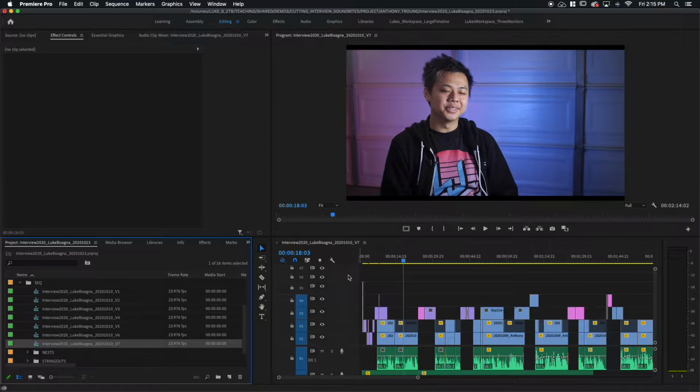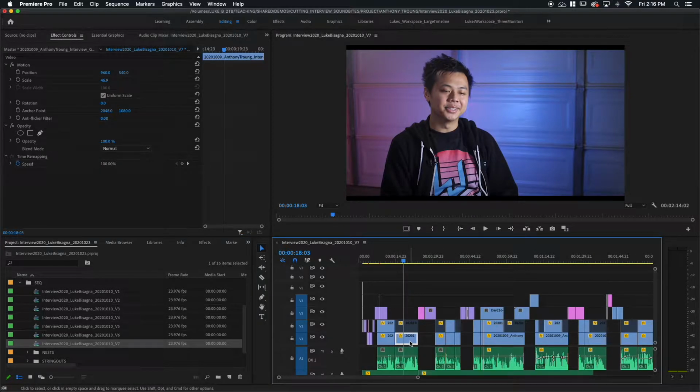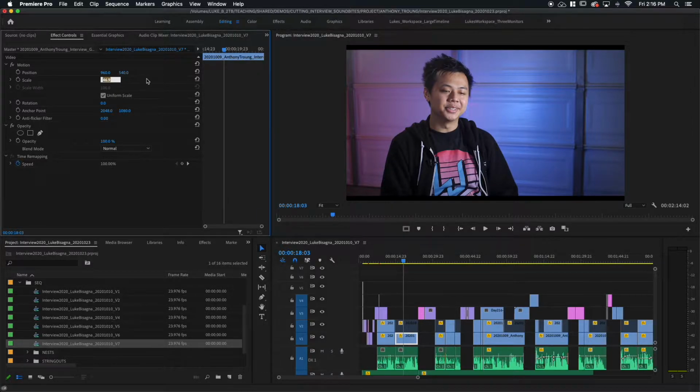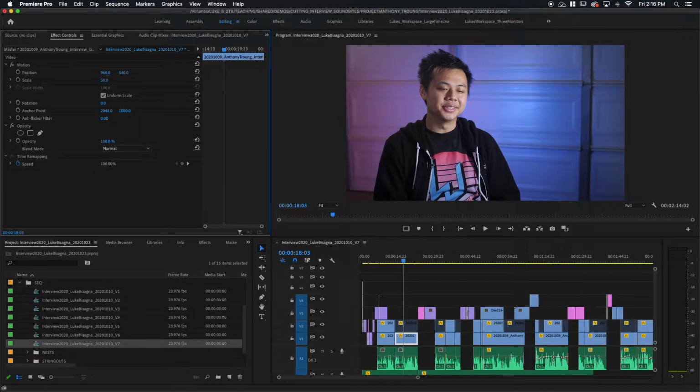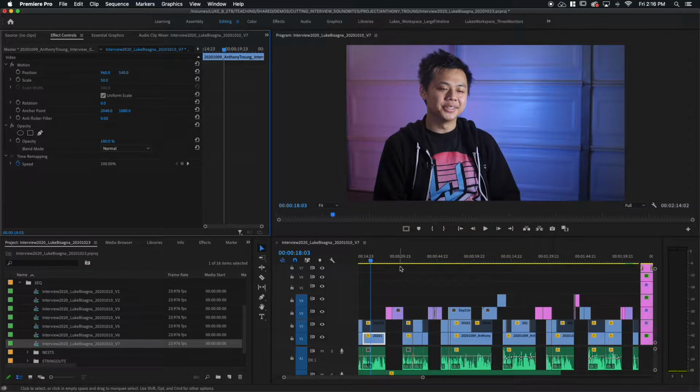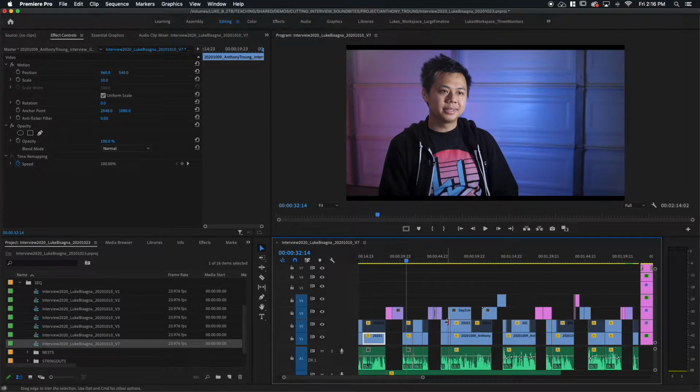So because that second frame size is a little bit larger, when we did our set to frame size in the earlier lesson, Premiere set it to the right and left edges of the frame and not the top and bottom. So to fix that, what I'm going to do is click on one of the clips here and change the scale. I'm just going to raise it a little bit. So right now it's at almost 47. I'm going to make it 50, and you see it takes care of those black bars at the top and bottom.